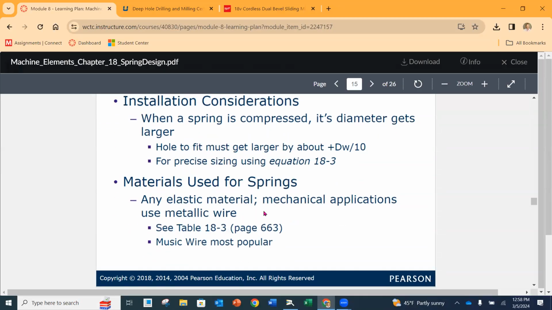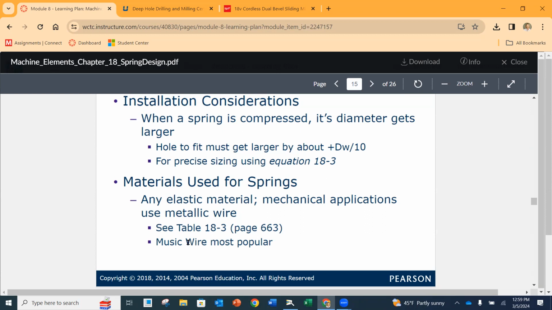Materials used in springs. So we already talked about the sizes of the wire, but now the different types of material. Now, for the most part, any elastic material can be used. I mean, you see plastic springs, you see nylon springs. There are all different types of material, but most often in industrial applications, we're going to be using metallic or metal wire. On table 8.3, page 663, at the bottom of the page there,